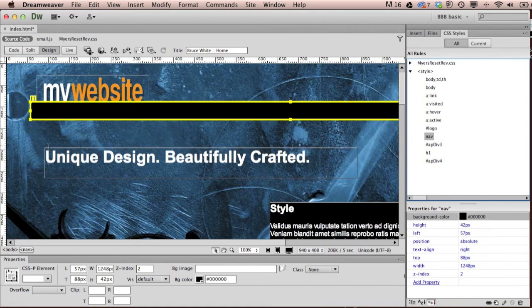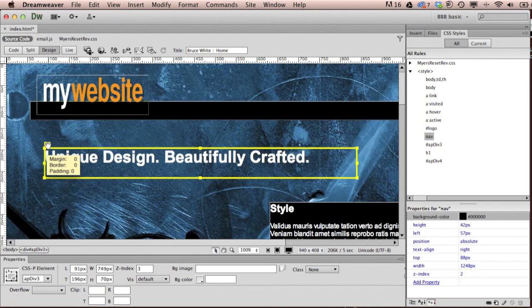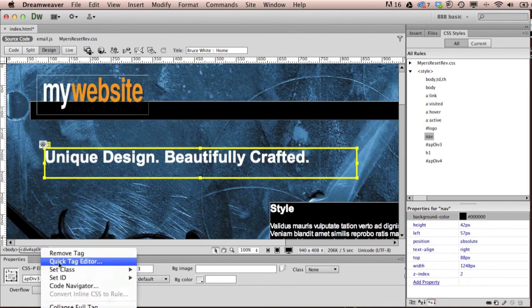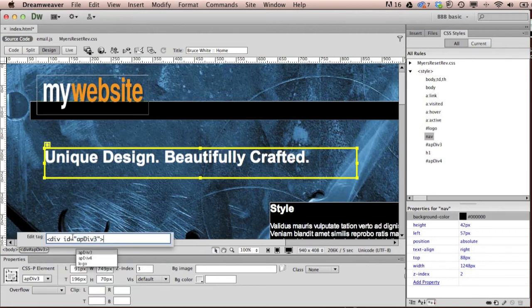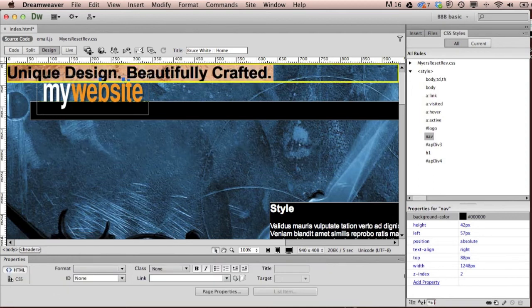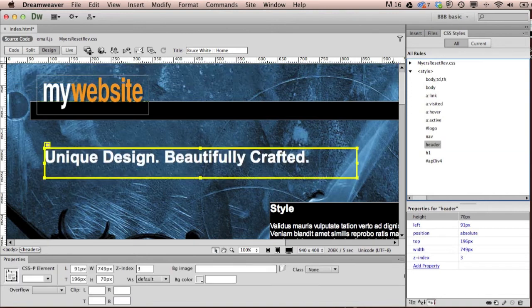Okay, and one more time for this one, we're going to call this one header. So right here in my tag selector, right click or control click, quick tag editor, and I'm going to select everything after that first angle bracket, and I'm going to type header and hit enter once, close the bracket, hit enter again, come over here, that was AP div 3, and I'm going to change this one to header. And my style comes right back. Okay, and lastly,